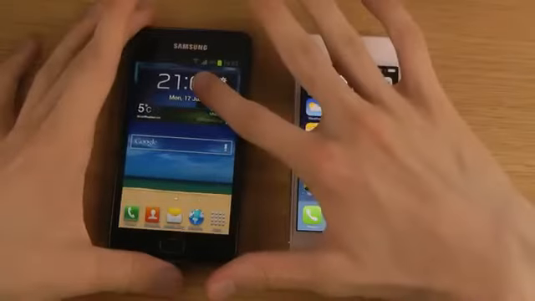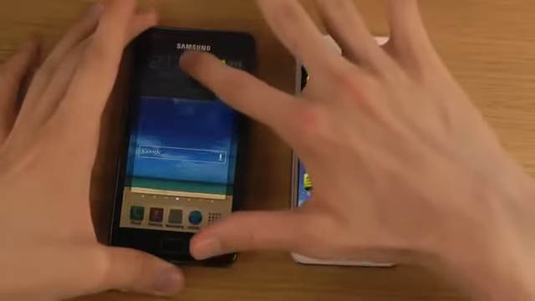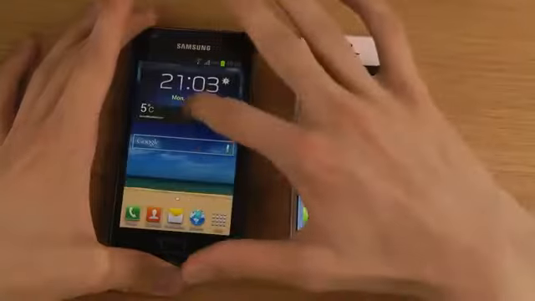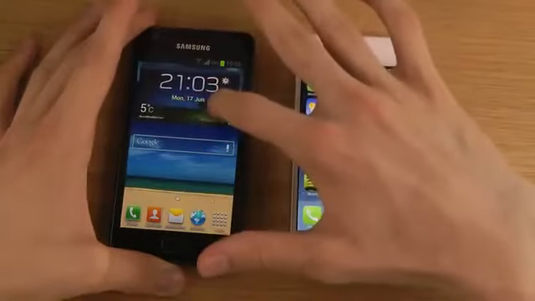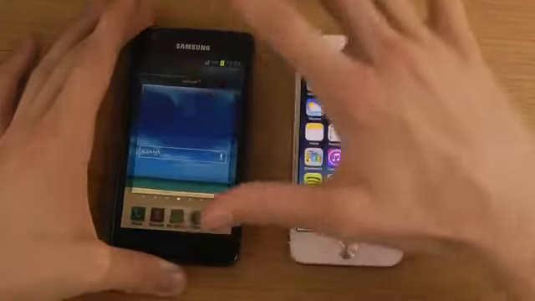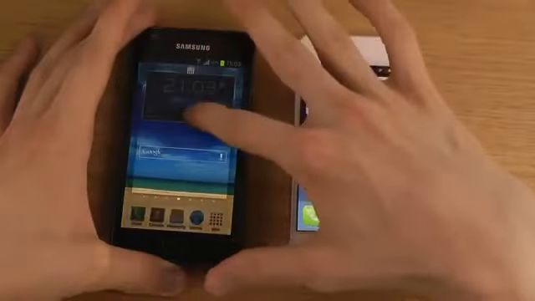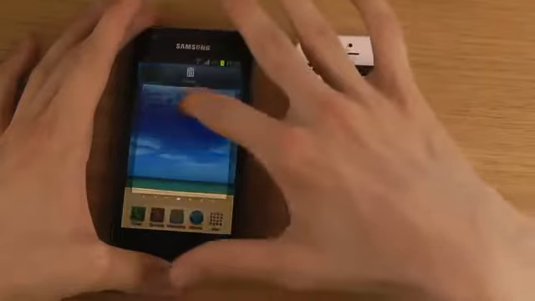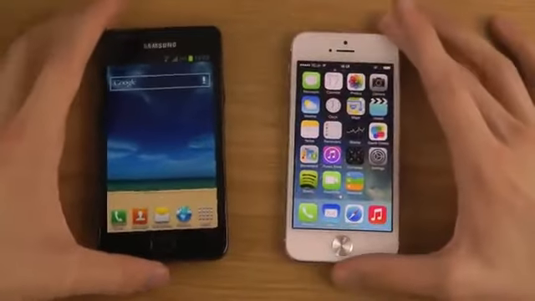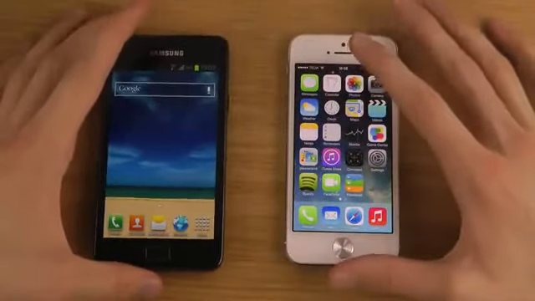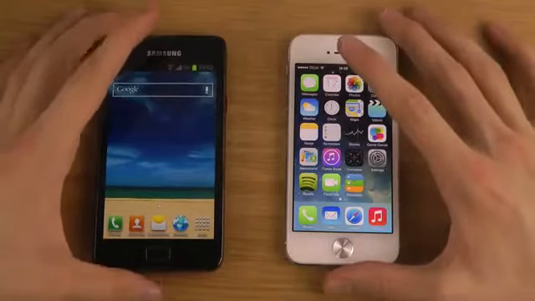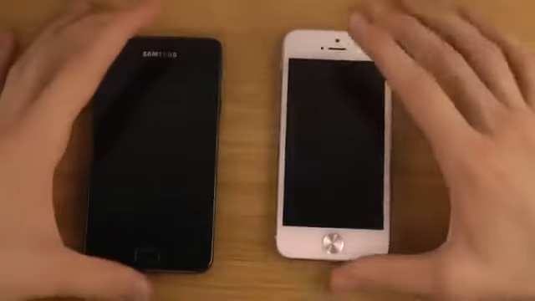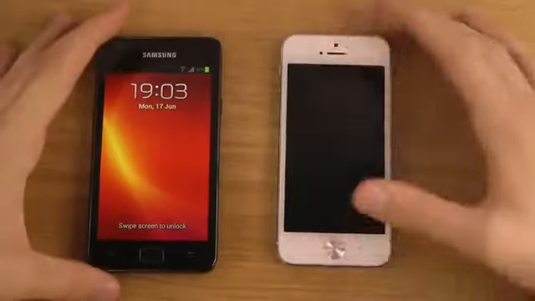So we'll be taking a look at it here, comparing it against the new iPhone 5's iOS update, which is the iOS 7 update. Let's begin. So the first thing here that we can see on the lock screens is that, first of all,